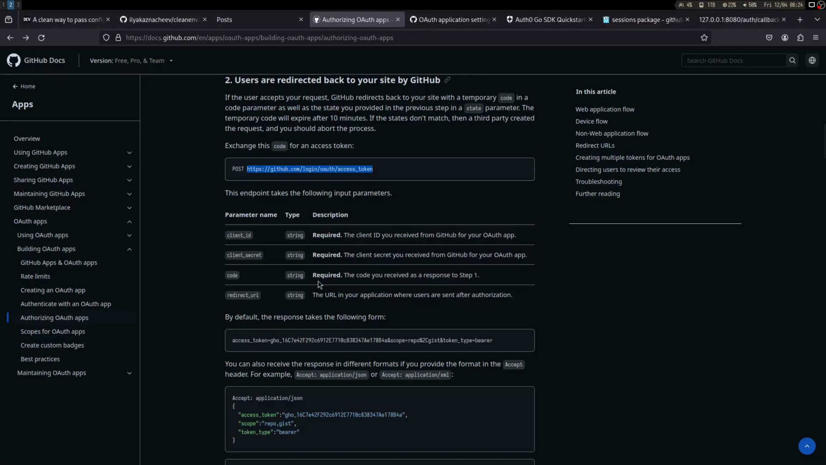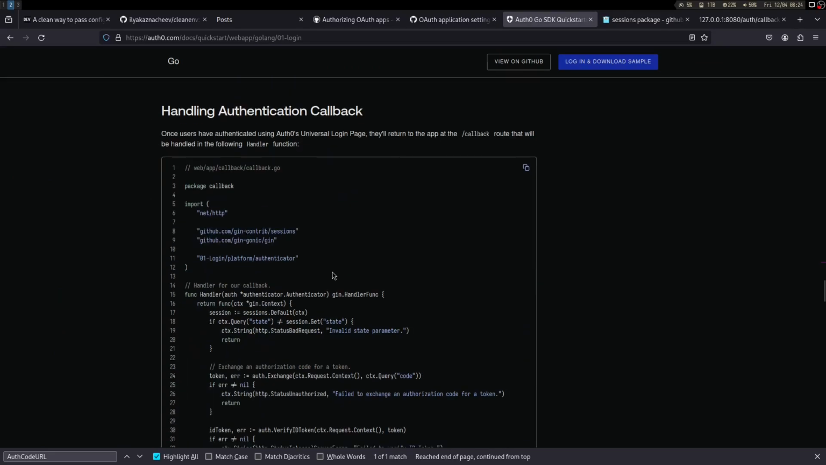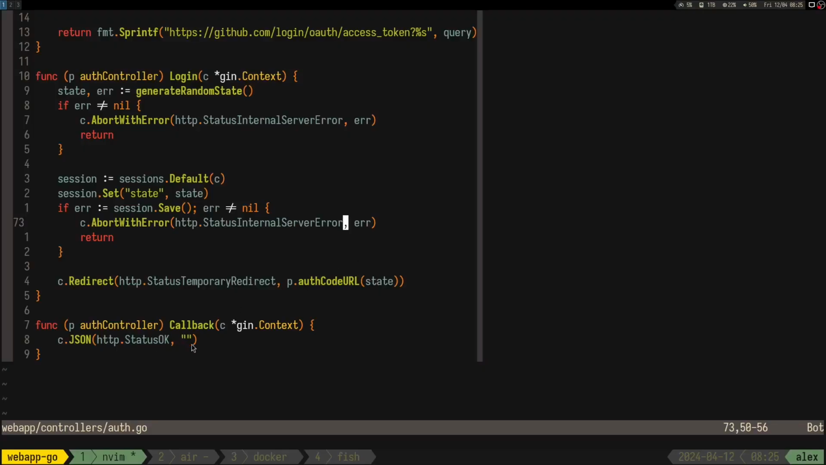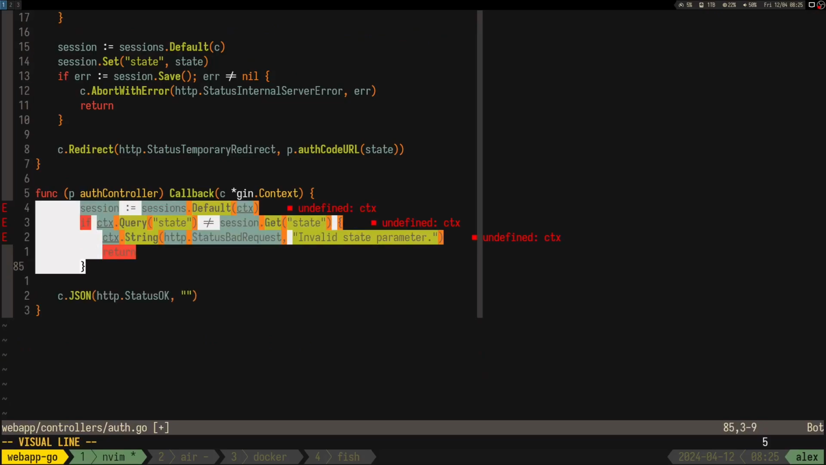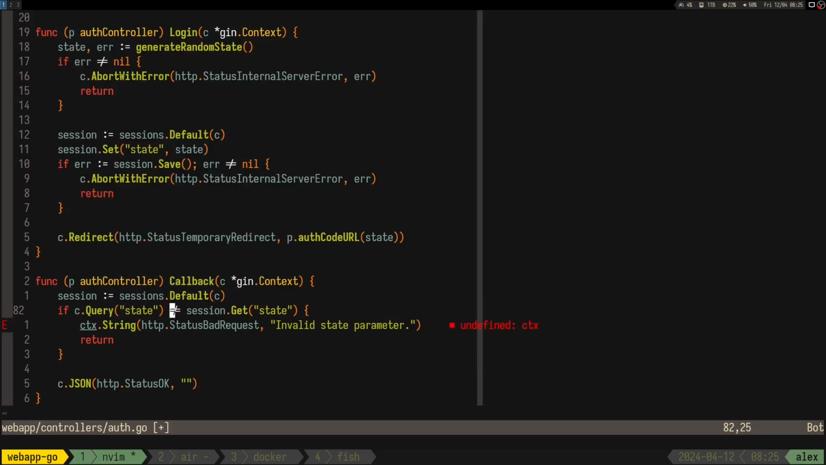Okay, so let's see, for example, how they did this stuff. We need to take the session, right? We need to check the state. That's the first thing that we need to do. So we need to take the session the same way we take it here, right? We use C. Then we take the state from the query, we compare it with the state that we saved here,